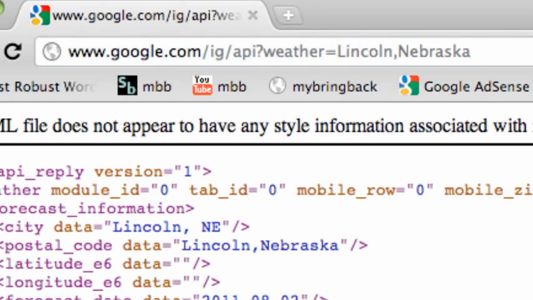So again, we're going to parse some data from this XML file of the Google Weather API. And as you can see here, we have the base URL, and then we have a city and a state. So what we're going to do is append something to a string builder to build our city and our state onto this URL. But first we're going to copy this base URL, and we're just going to Ctrl+C copy the